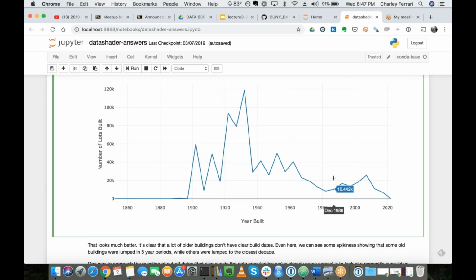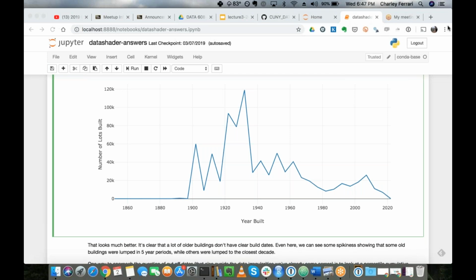Is anyone familiar with cumulative sum graphs, perhaps in terms of probability distributions? Yeah. If you think of a PDF versus a CDF, the CDF